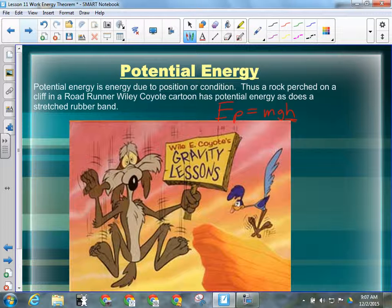Does any of these have more effect on potential energy than the others? Okay, when we looked at kinetic energy, we said that v had a much greater effect than m because v was squared. Are any of those numbers squared? No. So a change in any one of them will have an equal effect. If I double the mass, I'm going to double the energy. If I double the height, I'm going to double the energy. If I somehow doubled the acceleration due to gravity, maybe by going to a heavier planet, I would double the